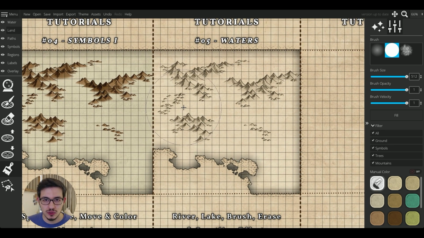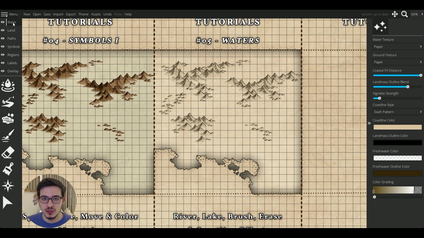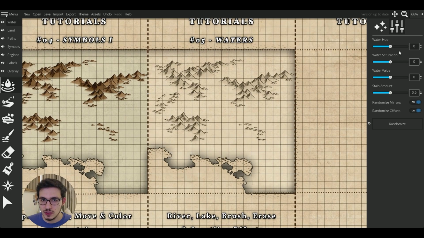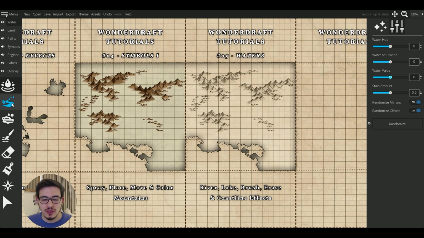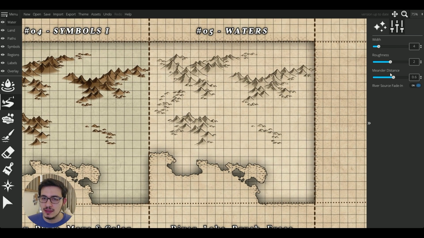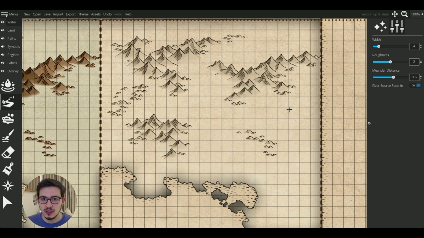In order to add waters, we go to this first top section called waters, and it will give us all these options. This one will change the appearance of the water on our map, as you can see. The hue, the saturation, etc. of the seas and the water, you can adjust them here. If you go to the second option here, this will allow us to make rivers. These adjustment bars will help you to make different kinds of rivers.